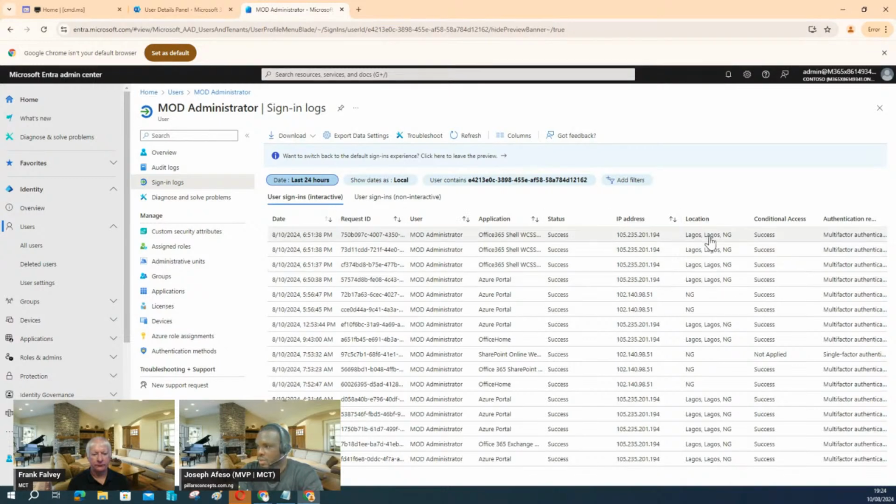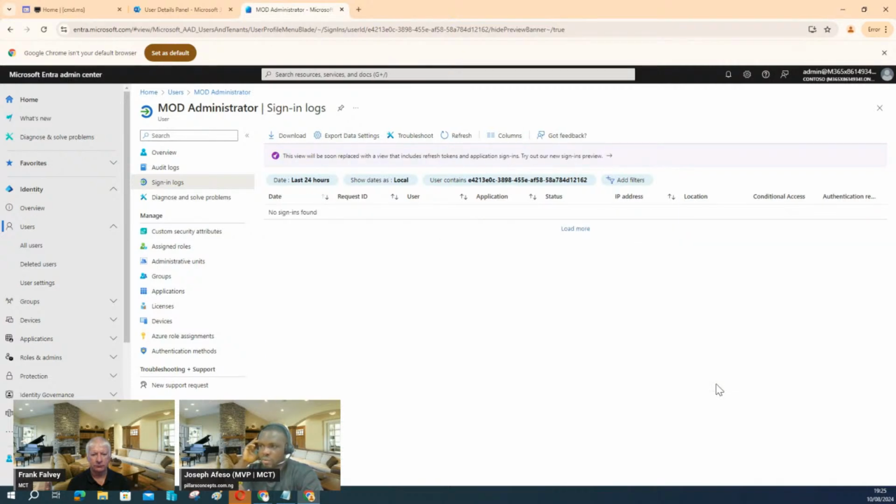So you can even see where this user is signing in. Like here it shows that at 10:20 today, by 6:51 p.m., there was a sign in by me, the mod administrator. I was the one signing in as that, and you can see the applications that this user has signed into, the status of the sign-in, and then the IP addresses from which the sign-in was made. And then you can see that the location is around Lagos. So this speaks to impossible travel and all of that that we can even try to look at, right? I think I clicked a filter that is making that